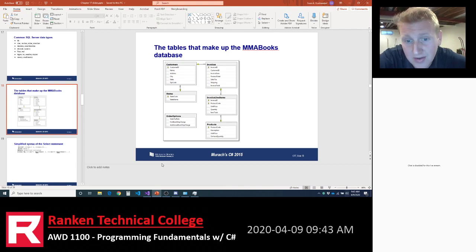Now, you might say, wait a minute, I thought that yellow key on invoice ID meant it's a primary key for that table. You notice on invoice line items that invoice ID and product code have a key next to it. I think it's called a compound primary key, where two columns together make up a primary key.